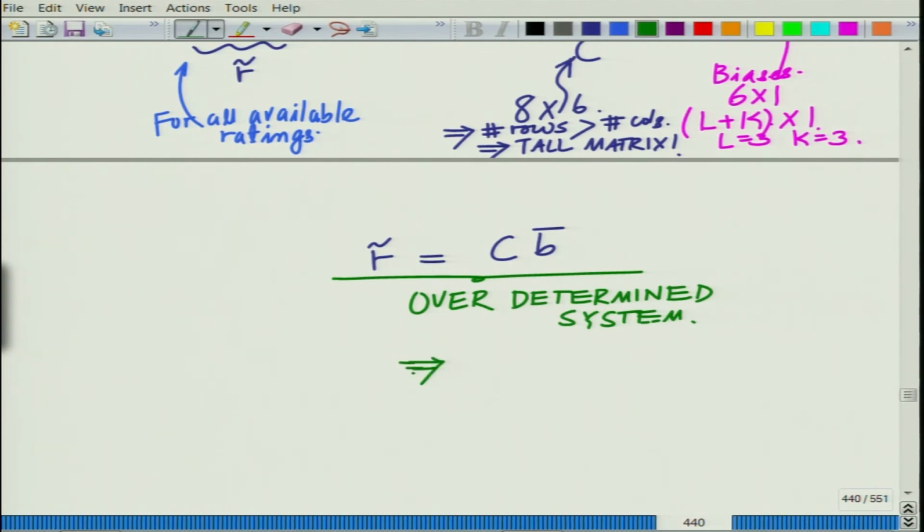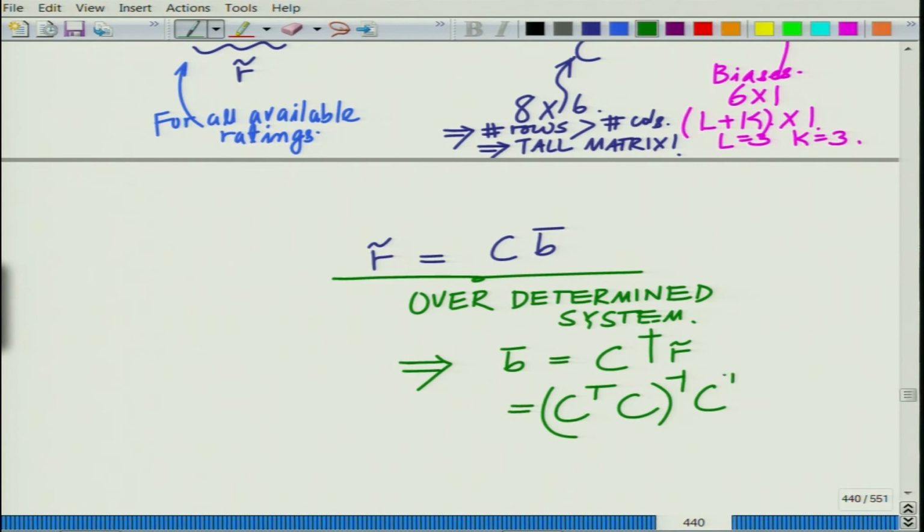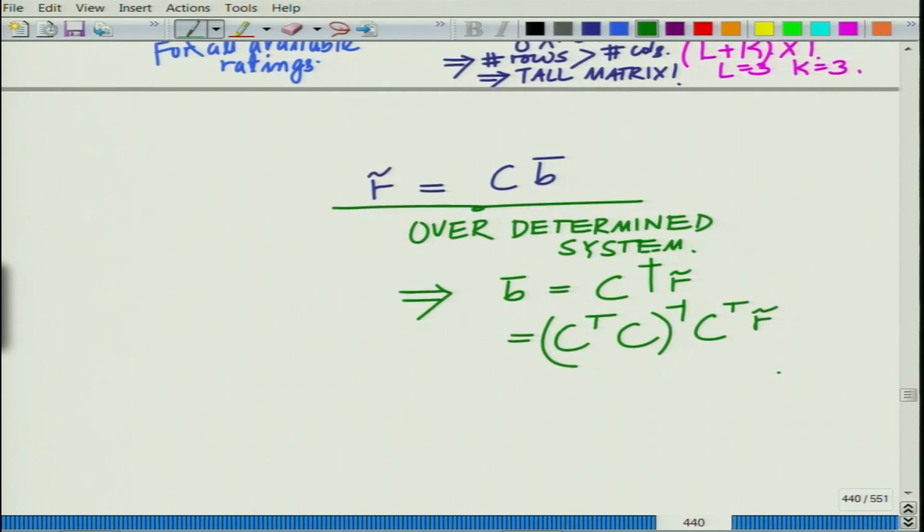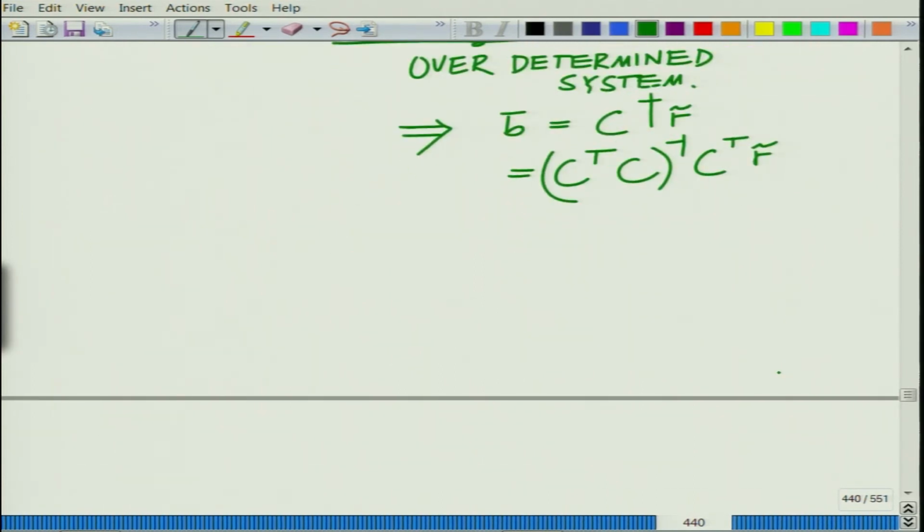So, this implies your B bar equals C pseudo inverse. I hope you remember this notation, C dagger, that is C pseudo inverse, which is C transpose C inverse C transpose R tilde, and if we do that, what we get is essentially you get the vector, let me write it down, minus